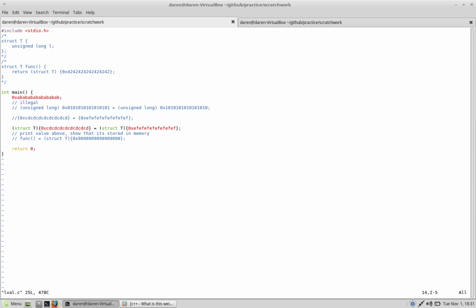One is just a very primitive value, and that's this guy right here, 0xABABABABAB. This is just a literal long. And such values by themselves do not get stored in a register or in memory. And in such instances, this is not an L value. And then a second type would be